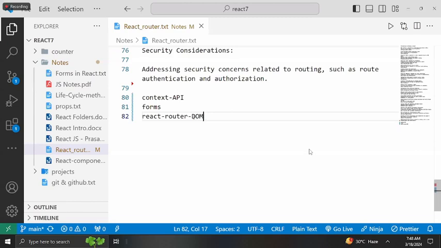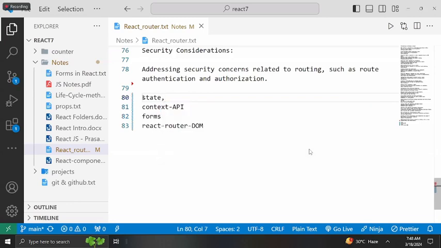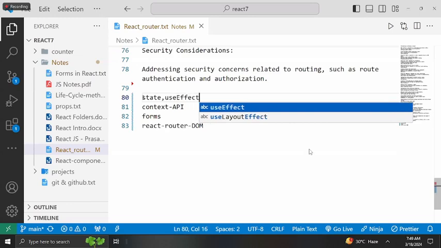Along with this, everyone should remember states, and at the same time useEffect. These five things you should remember till the end of this particular week. Every day we are going to do something. Today, what we are going to do,